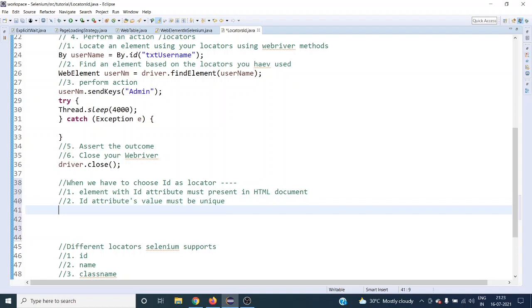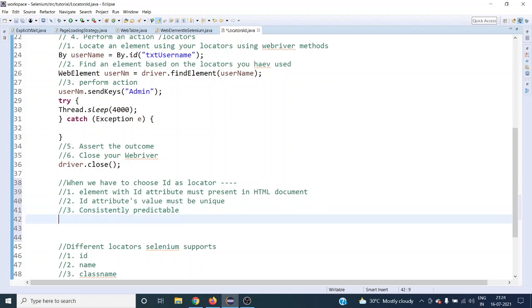And the third thing is the most essential one: it should be consistently predictable, remember this, which means it should not change dynamically. When you do a page refresh, if the ID is automatically generated and the complete value changes, then you cannot go for it. That is what consistently predictable means.